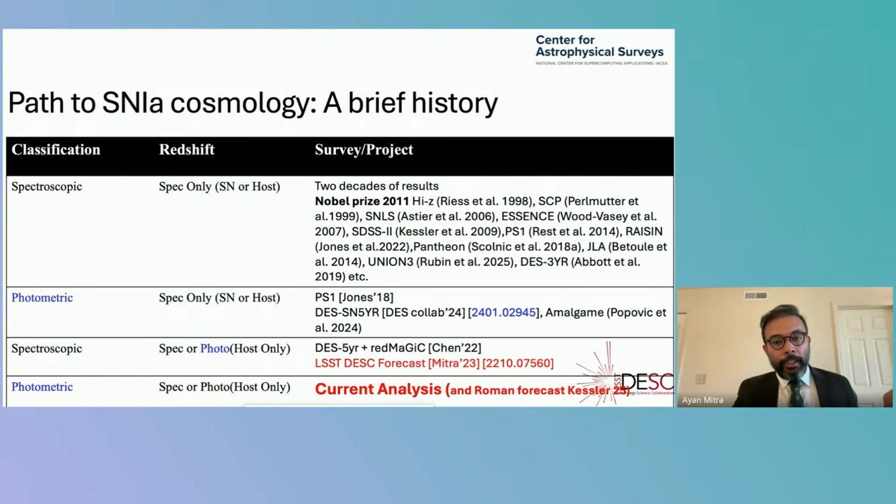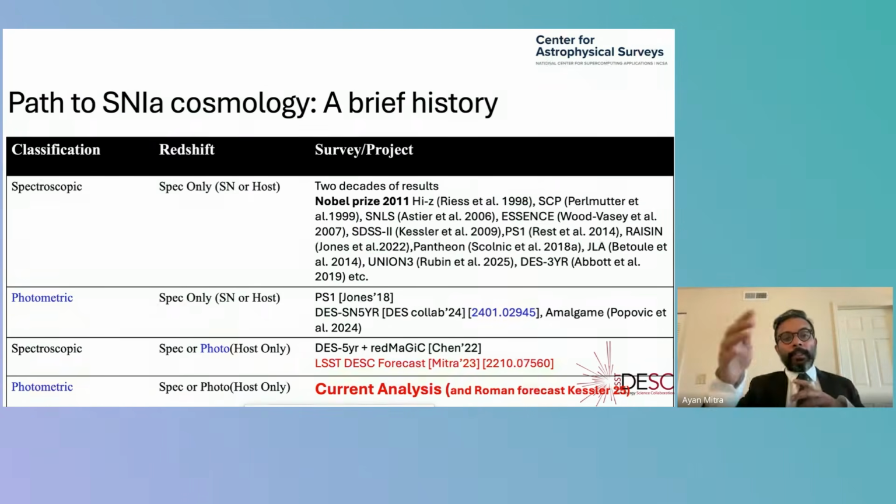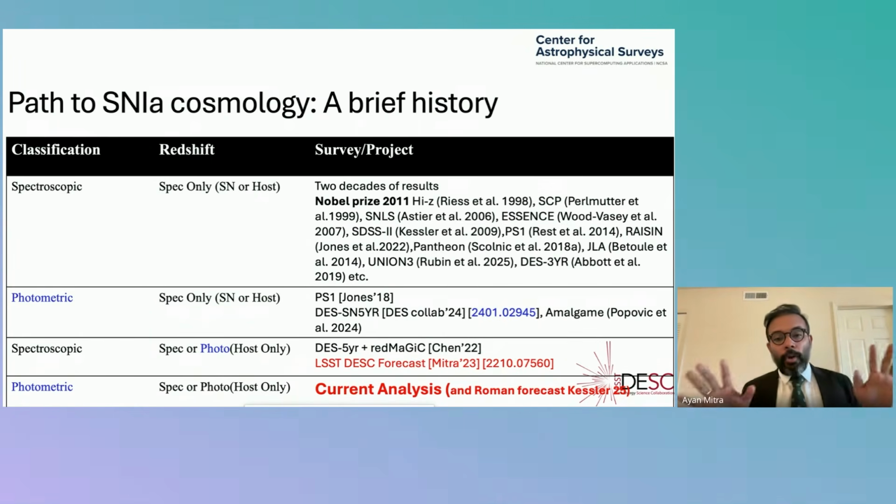For most of the last 20 years, when people do a supernova survey, they are talking about spectroscopically classified supernovae, meaning Type Ia or non-Ia. First you classify them, and when you know it's a Ia, you follow them up to measure their redshift, because that gives you the distance. All of it was done spectroscopically. And now cut to the bottom row. Now we have so many objects that we cannot do all of this, so we're doing a bit of photometry also.